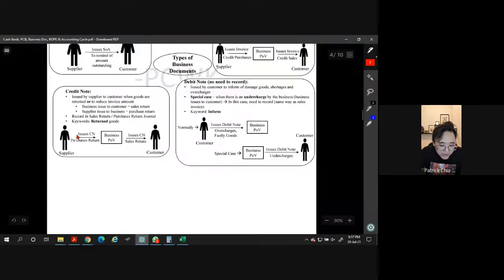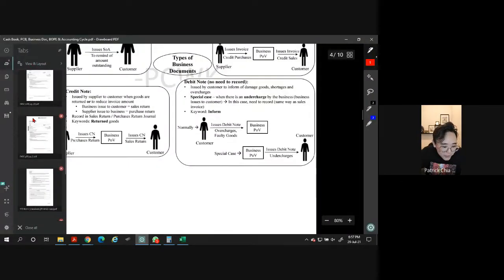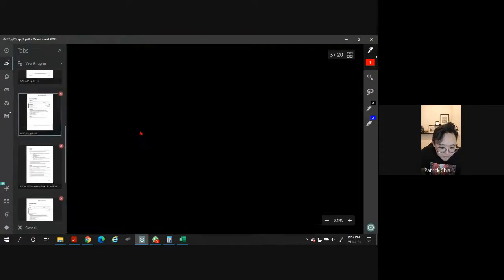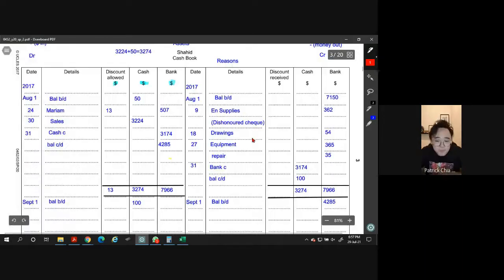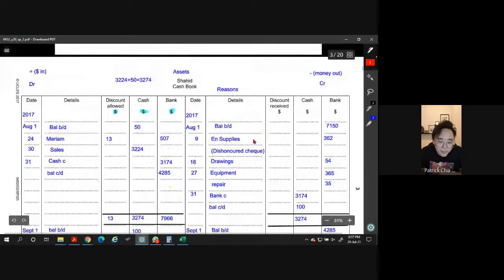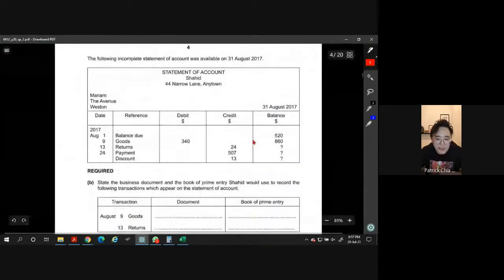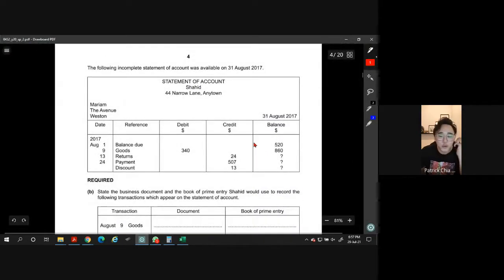So let me show you the questions again from our past year paper. Under the specimen paper, the same thing, not the cash book part. The second part here is the statement of account. So they're testing whether you know how to read a statement of account or not. Why do they like to test you on the SOA? Because you have everything inside. They have invoices, credit notes, and payments all in there. So with this, they can ask you so many things. That's why they will hardly ask you about invoices and credit notes alone.